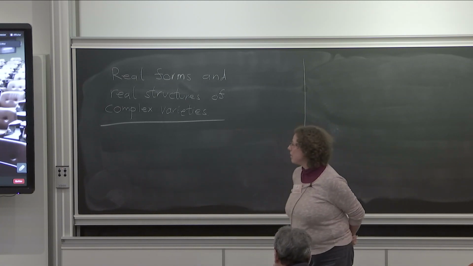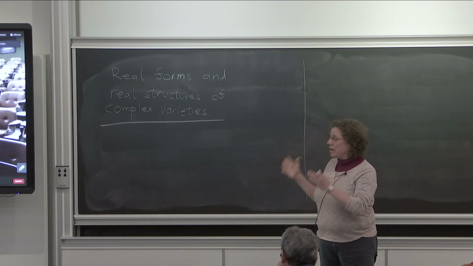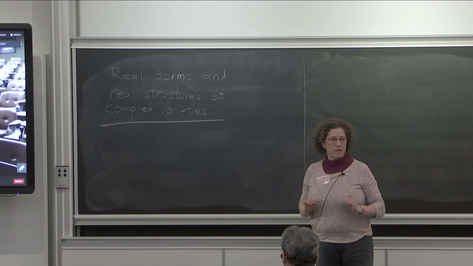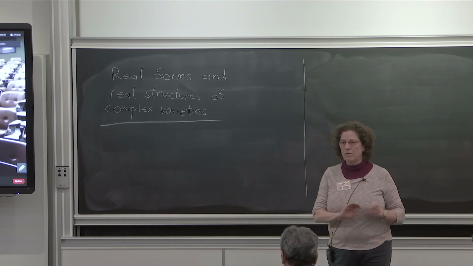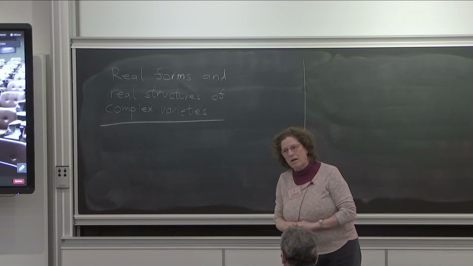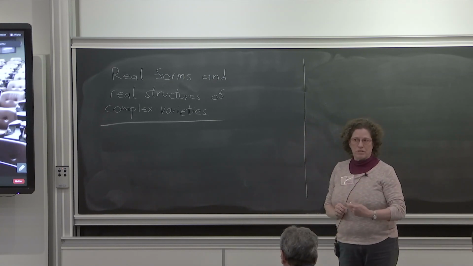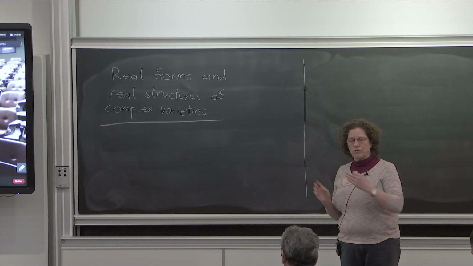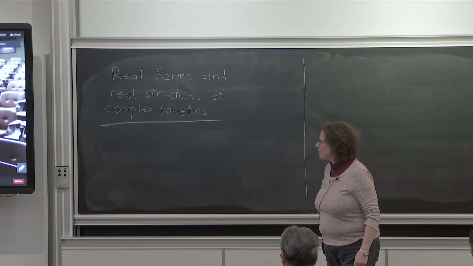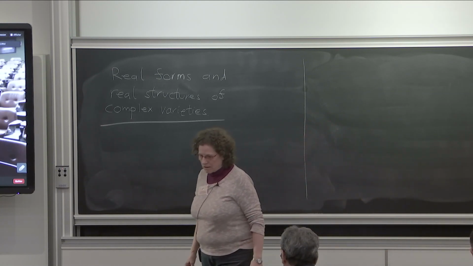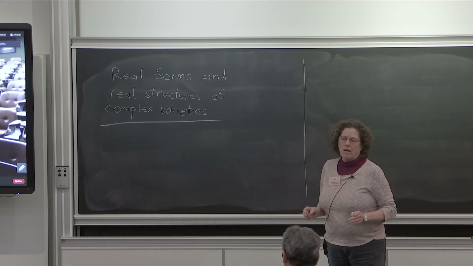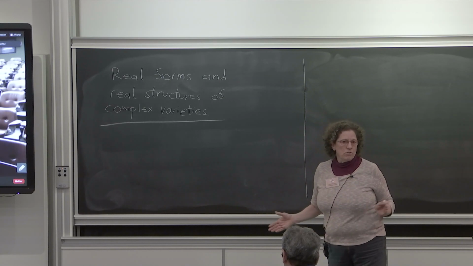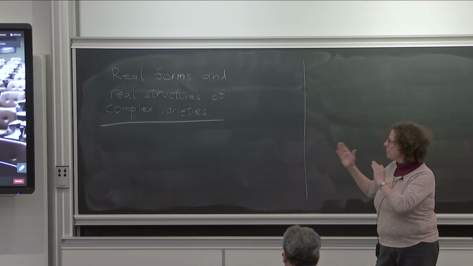In this course, today I will just do a classical setting where we just look at complex varieties and define these objects. And then in the next courses, I will add a group action and talk about the equivariant version of this subject. And my goal is to state some classical questions and some relatively new results in some of the parts